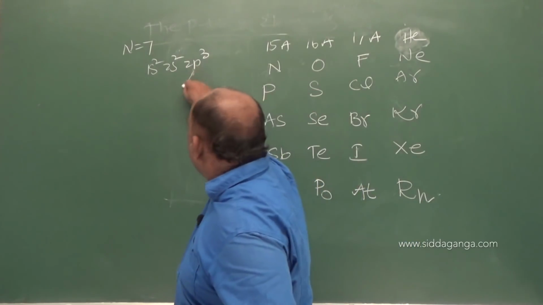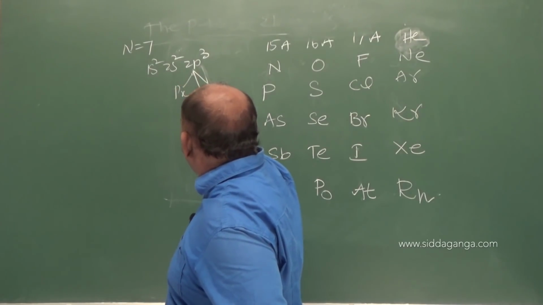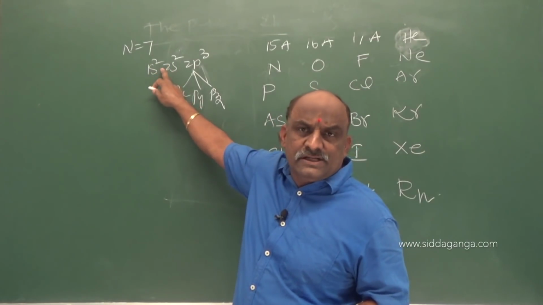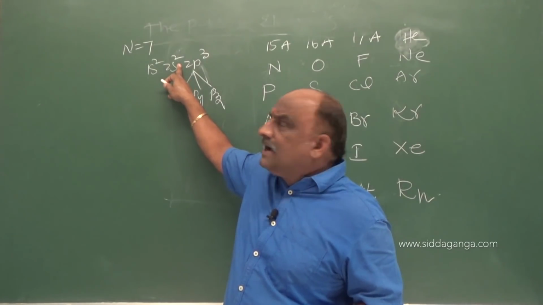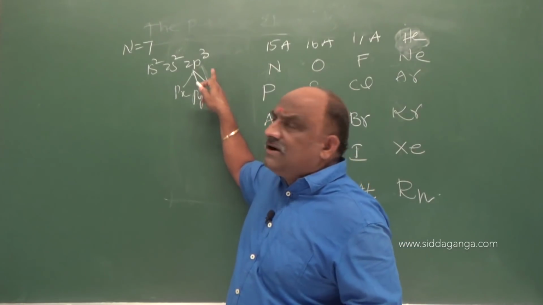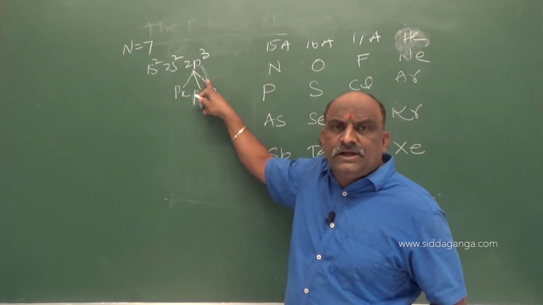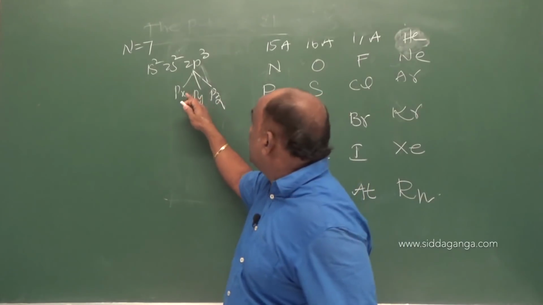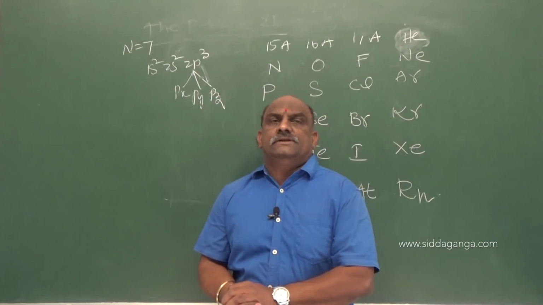We know that here there are px, py, pz. The starting 2 electrons enter into the 1s orbital, the next two go to the 2s orbital, later the 5th, 6th, 7th. The 7th electron is called the differentiating electron. This differentiating electron enters into the p orbital or p subshell. Due to that, these elements are called p block elements.